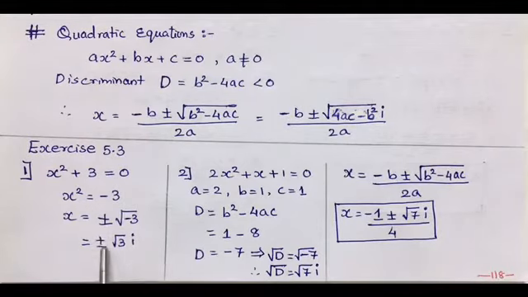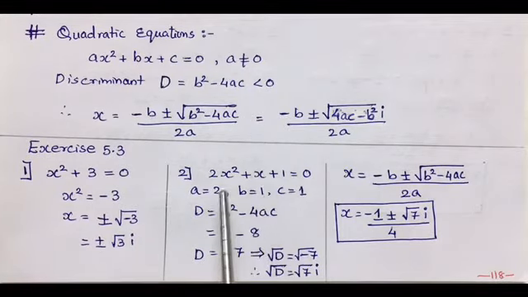Now that becomes plus or minus. Now we know that root of minus 1 is i. So we remove this negative sign inside the root. We just keep it root 3, and instead of root of minus 1, i is written. So whenever the root of a negative is to be taken, the number is carried forward as it is, and i is written to represent the negative root.